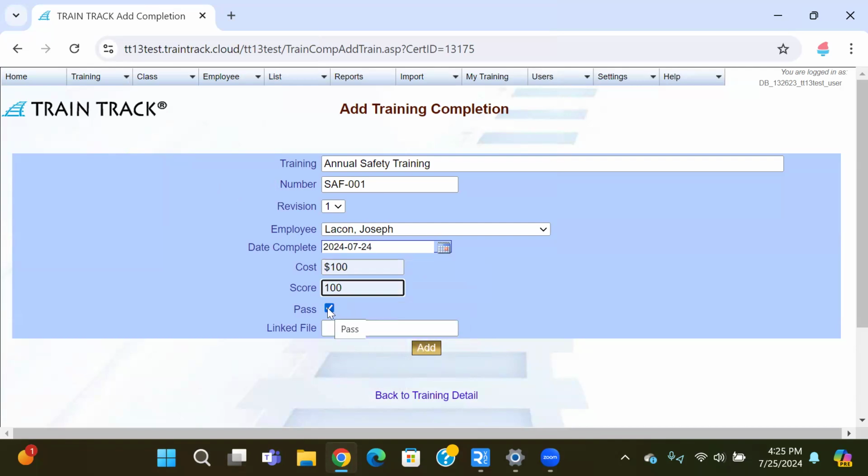We recommend always leaving the pass checkbox checked off unless you're trying to add a failed completion. If you would like to link a file that's accessible through a web browser, feel free to paste it into this field. And when you're all set, click Add. The screen will reset for you to be able to add another completion for a different employee if you would like. But if you're all done, you can simply click on Back to Training Detail